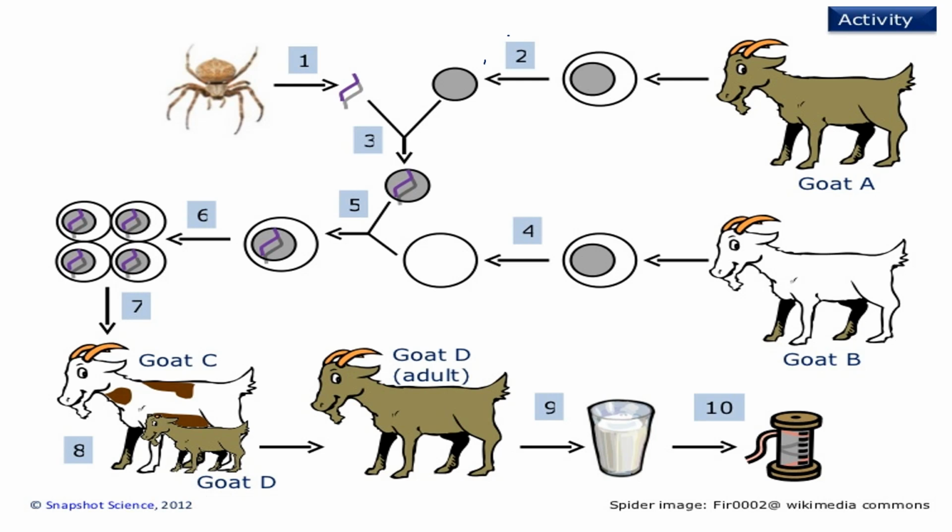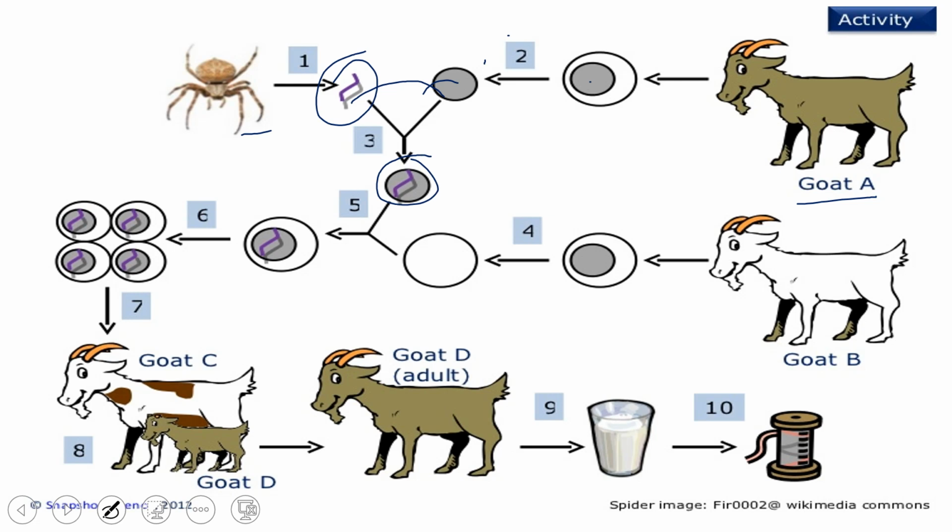So in this case, we are going to take the silk protein gene from the spider, and from this goat A we are going to take the cell. From this cell we are going to just take the nucleus. Cytoplasm will be discarded. Then this silk protein gene will be transferred into this nucleus. So we have a hybrid nucleus, or you can call it a recombinant nucleus, where the silk protein gene